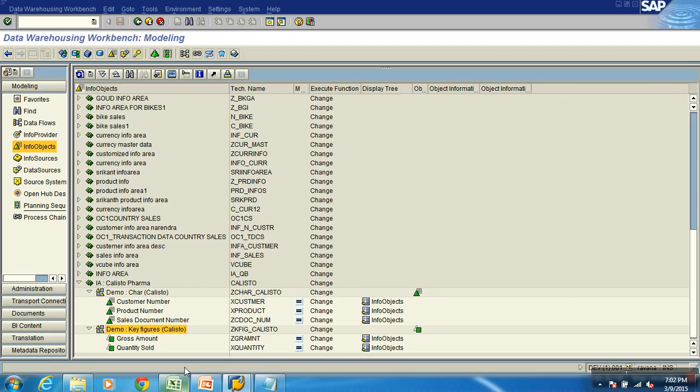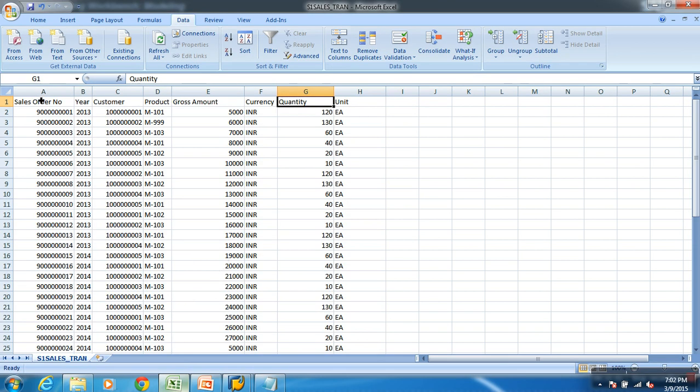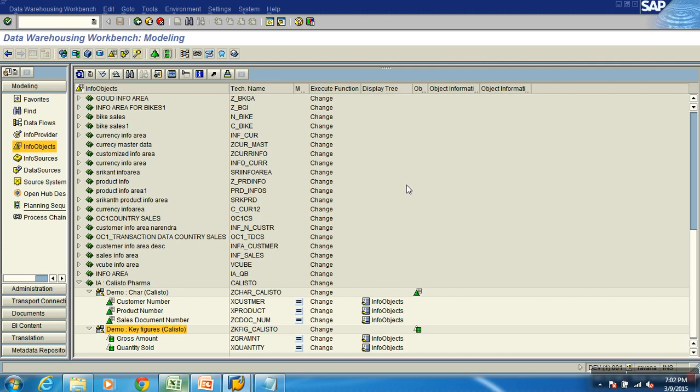So do I have info objects for every column now? Almost planned it. Now I just have to group those info objects and create my cube. To create your cube, it is considered an info provider. You have a cube, which is a multi-dimensional object we discussed the other day. When you're extracting from source and loading it to a cube, what is the target object? Cube. So in this scenario, we'll refer to the cube as the data target.